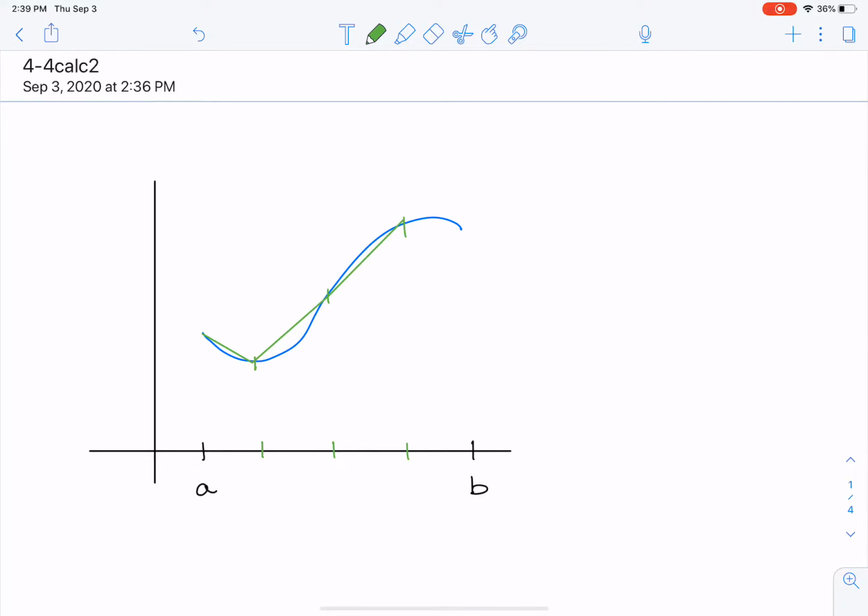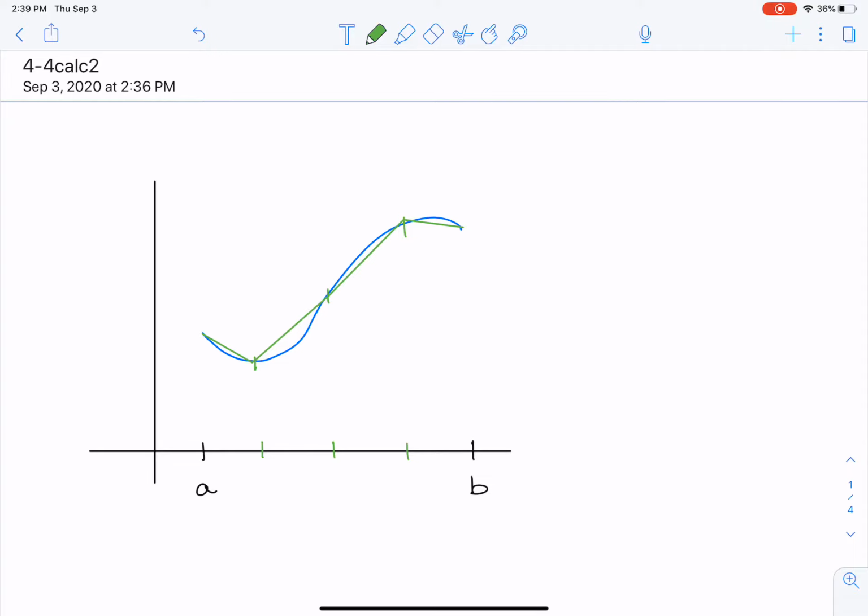Now, of course, this is just an approximation, but if we use more straight line segments that are shorter, then as we continually increase the number of line segments, we should get closer and closer to the true length of